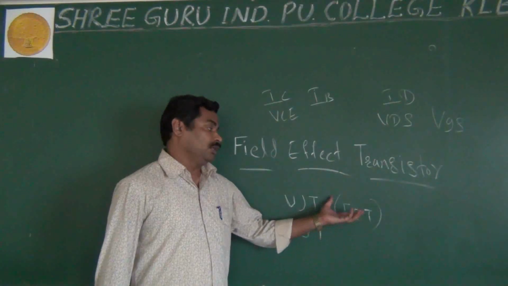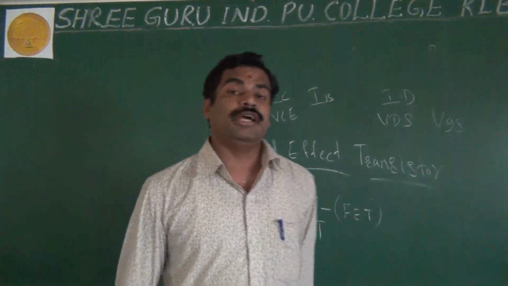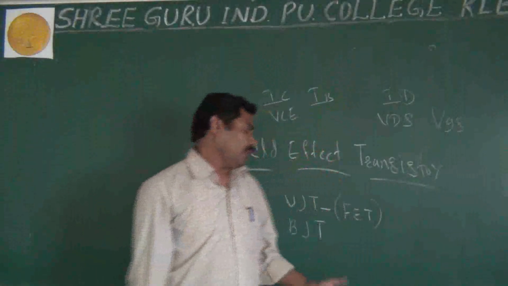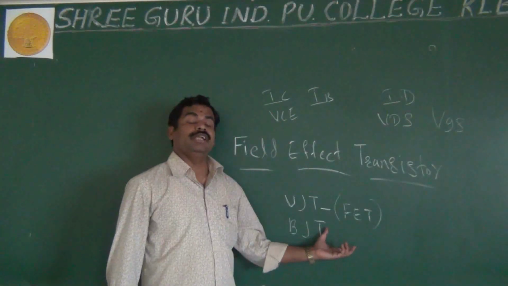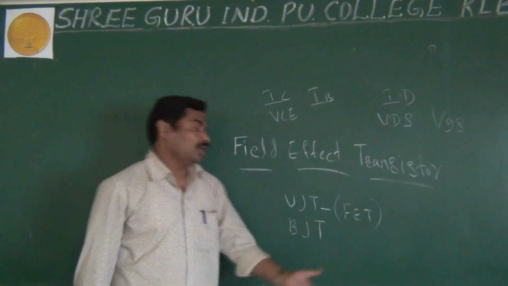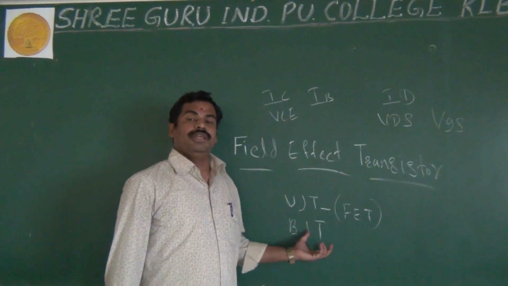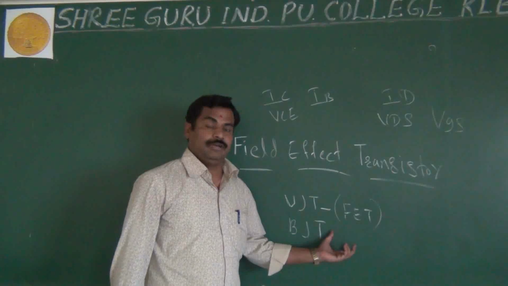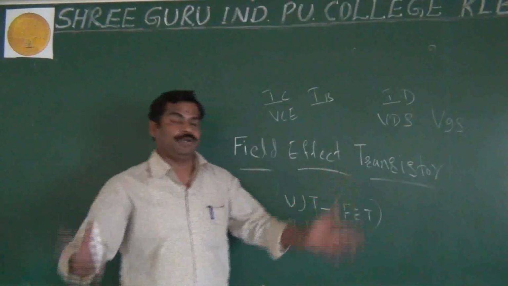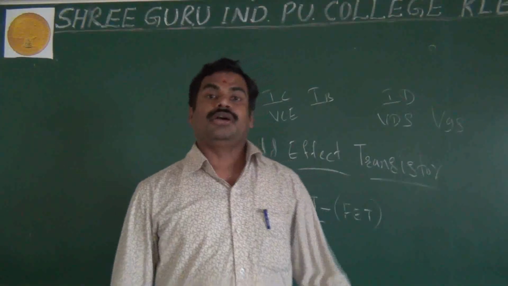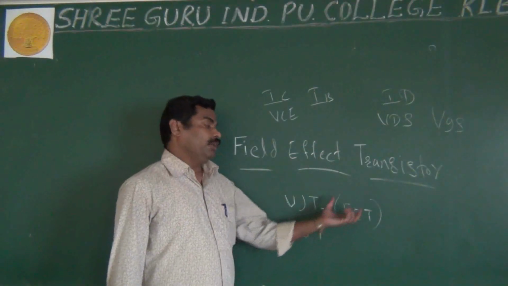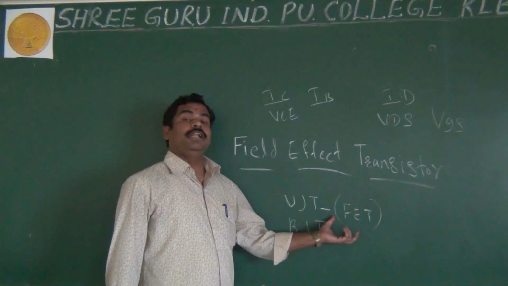Another important thing, as I said, your FET is a majority carrier device. The FET is nothing but a majority carrier device. But your BJT is a minority carrier device. And also, in your BJT, the current is because of the diffusion of current, but in the FET, the current is because of the drifting of the electrons. As we know the difference between diffusion and drift current, in BJT the current is because of the diffusion of electrons, but in the FET the current is because of the drifting of the electrons.